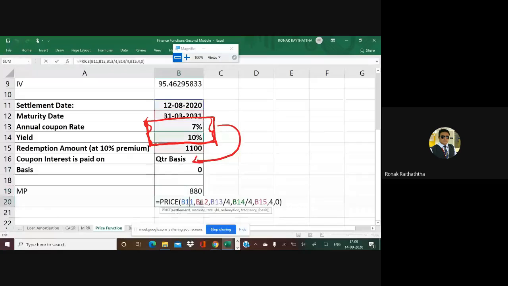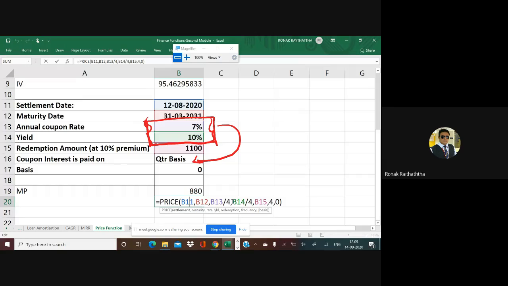Sorry. Okay, so if you do that, then the annual rate, the coupon rate, as well as the expectation rate you have from this bond, that is the yield, both shall be divided by the frequency, else you will not be able to get the appropriate answer. So that was a mistake in the previous one as well. Let's correct it and verify that.